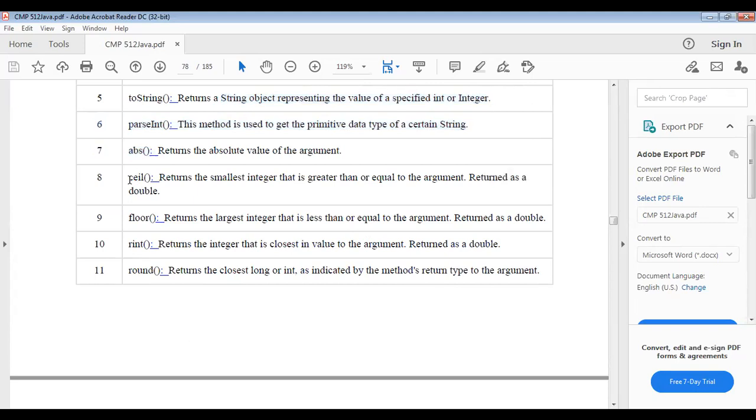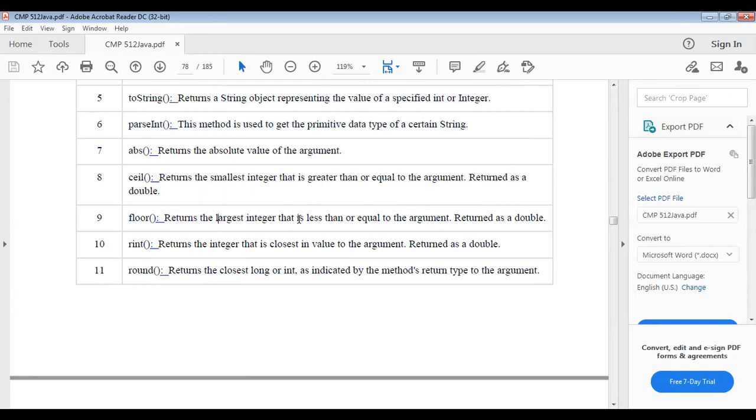Next, we can see ceil. Ceil returns the smallest integer that is greater than or equal to the argument, returned as a double.